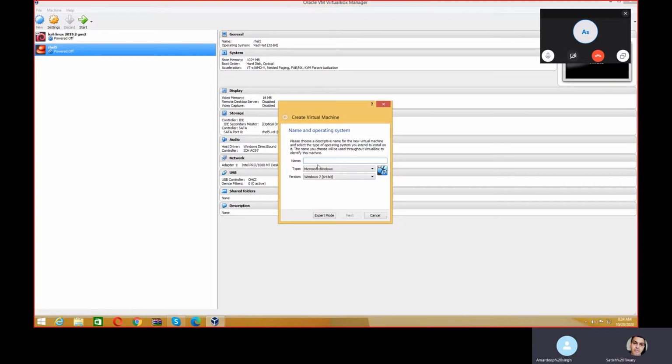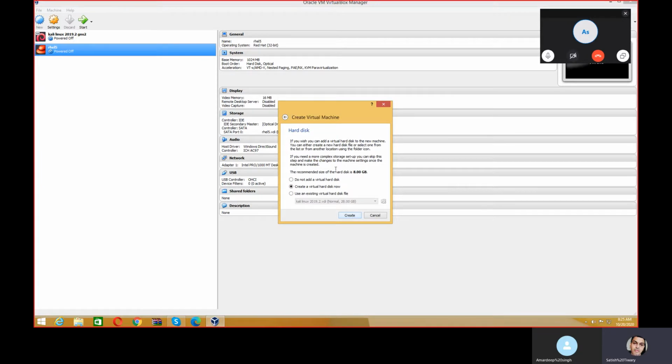Yes. So I'm just clicking on new, and I want RHEL 5.4 here. I am giving this name, RHEL 5.4 disk security. This is my 32-bit version, so I have selected the 32-bit version and then click on next. My total RAM is 16 GB, and out of 16 GB, I am going to allow 4 GB. It's not necessary for you, but I am allotting 4 GB to this Linux machine.